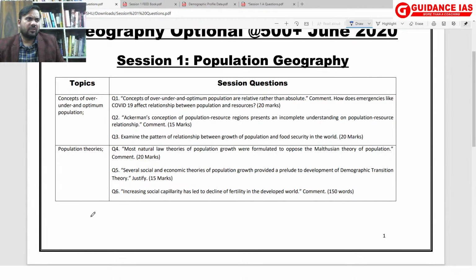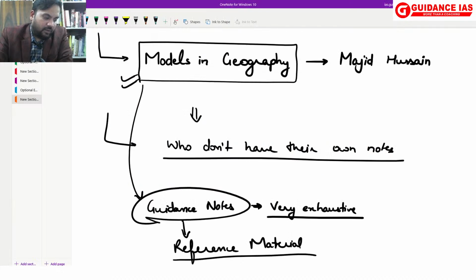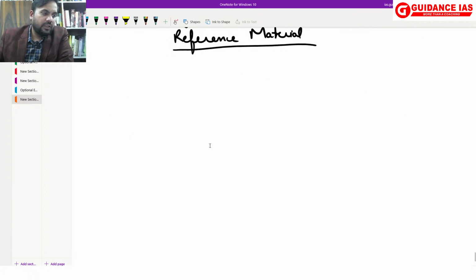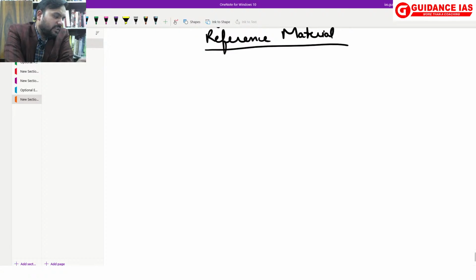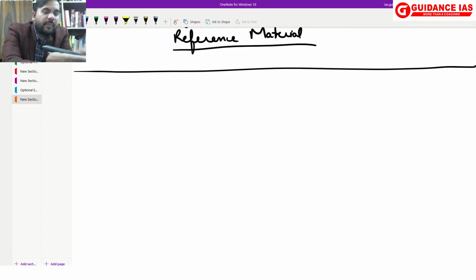Notes aren't that exhaustive of guidance. Handwritten notes I am mainly talking about. The class notes जो हम देते हैं, they are very exhaustive. I don't know what you are talking about. ह्यूमन ज्योग्राफी बुक नहीं, मॉडल्स इन ज्योग्राफी बुक. ठीक है. अब इतना मैंने बोल दिया, क्लियर हो जाना चाहिए. अब जिसको नहीं क्लियर हुआ, I am not going to much deliberate upon that. ओके. So this is how we'll be moving on, and now I'll be starting with the questions which we have to discuss.